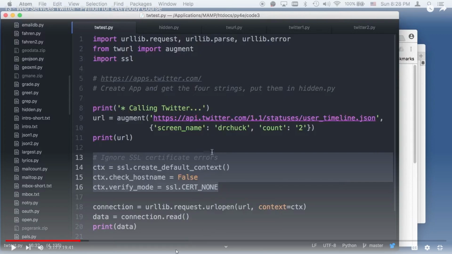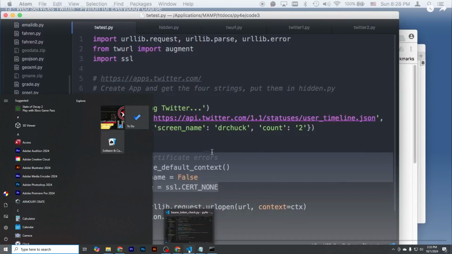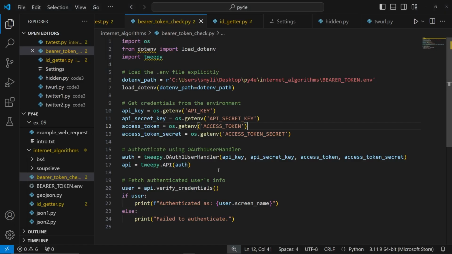Let me come over here. Because when I was trying it out, this stuff would work if I paid the money, right? This stuff would work if I paid money, but I'm not going to do that. That being said,